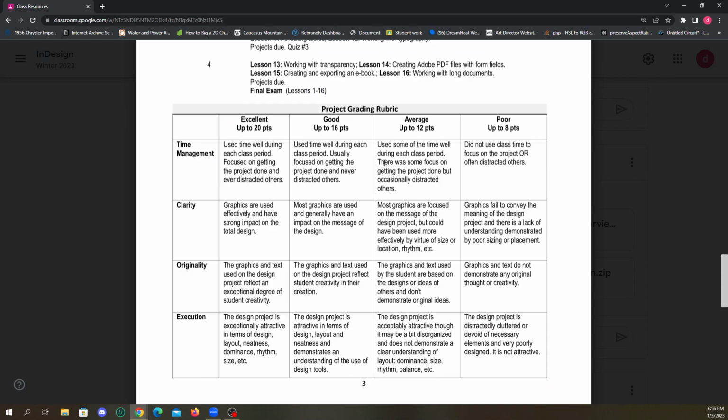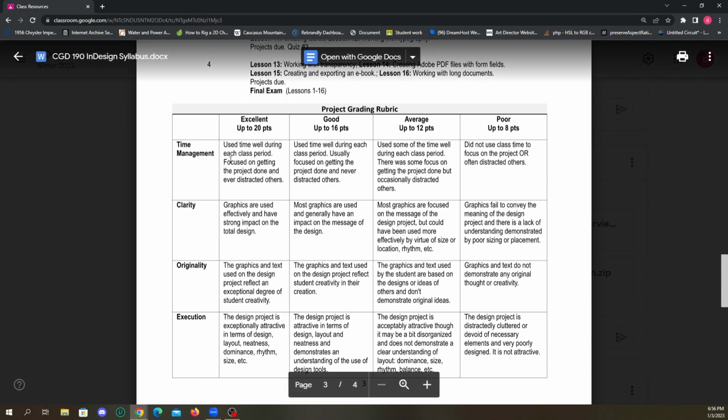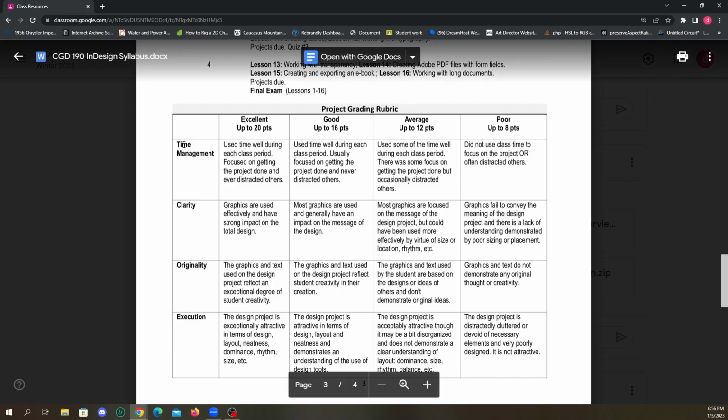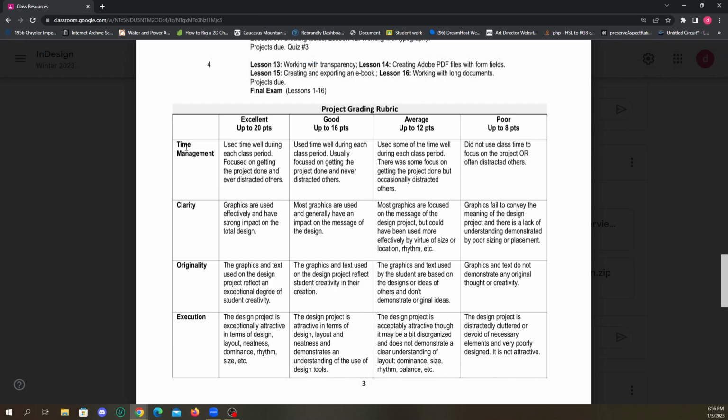And your projects will be graded with this rubric here. So it'll be based on time management, clarity, originality, and execution. So time management, if I notice you submitted stuff on time, and it looks like you actually put time and effort into it,